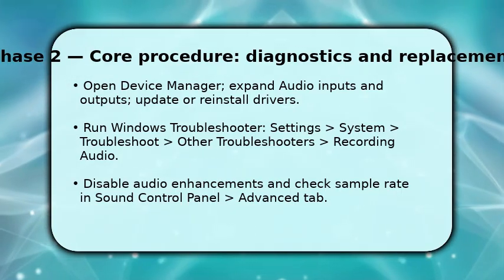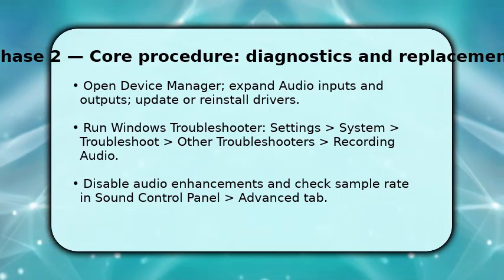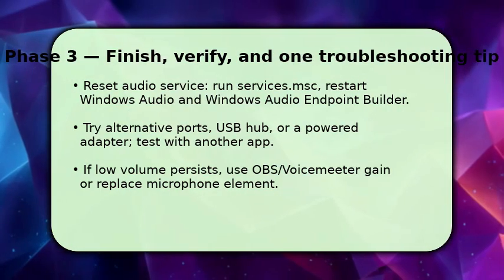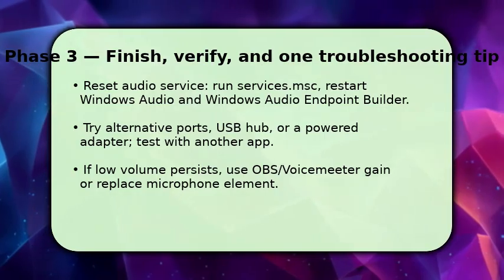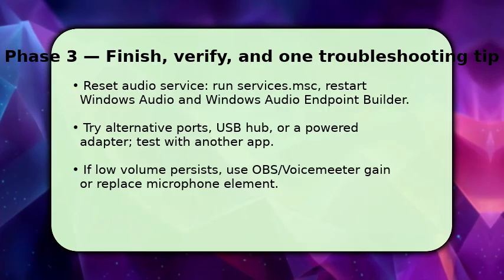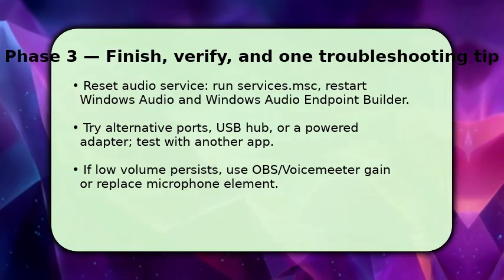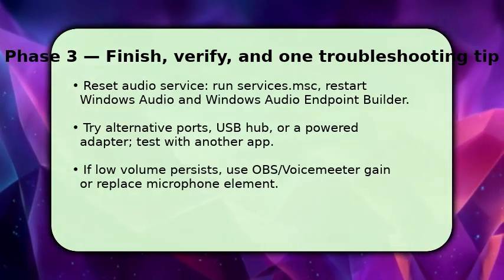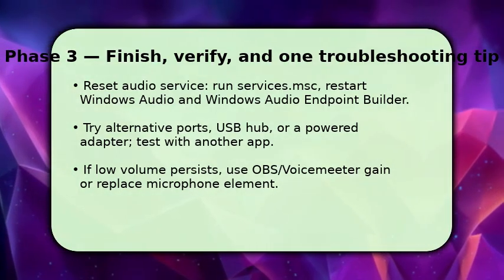You finish by resetting services and verifying routes to the mic. Press Win+R, run services.msc, find Windows Audio and Windows Audio Endpoint Builder, then restart both services to clear glitches. If the mic is still quiet, try different USB ports or a powered hub and test with another app